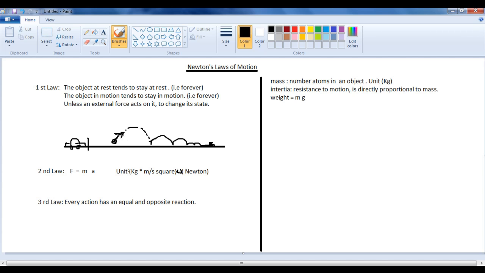But Newton said that an object in motion tends to stay in motion forever, until and unless an external force acts on it. Here the object was in motion and has come to a rest state. That means there are some external forces acting on it to make it come to rest. When you throw a ball, a lot of different forces act on it. There is a force called gravity acting on it to make the object move downward. In every step, you can see gravity acting on it to make the object go down.